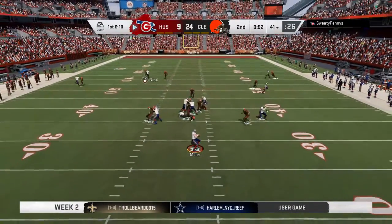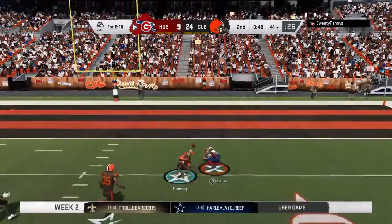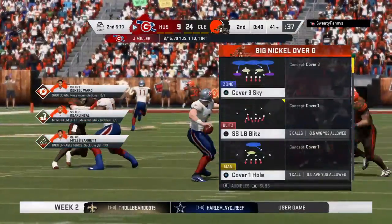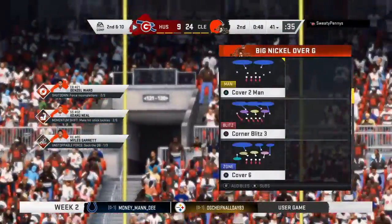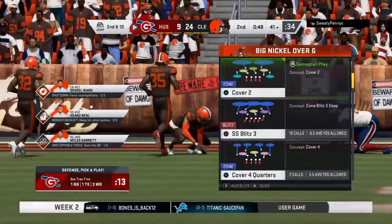Miller operating from the gun. He's going to air one out. And that will be incomplete. Would have been a big hitter if they had connected. Instead, it's second down. One thing I know from experience is that when the deep ball is thrown and you're